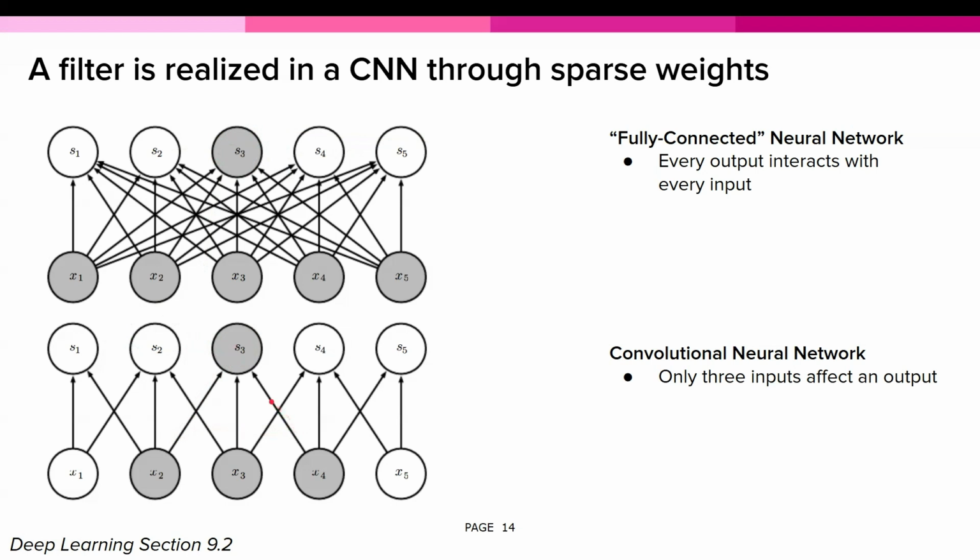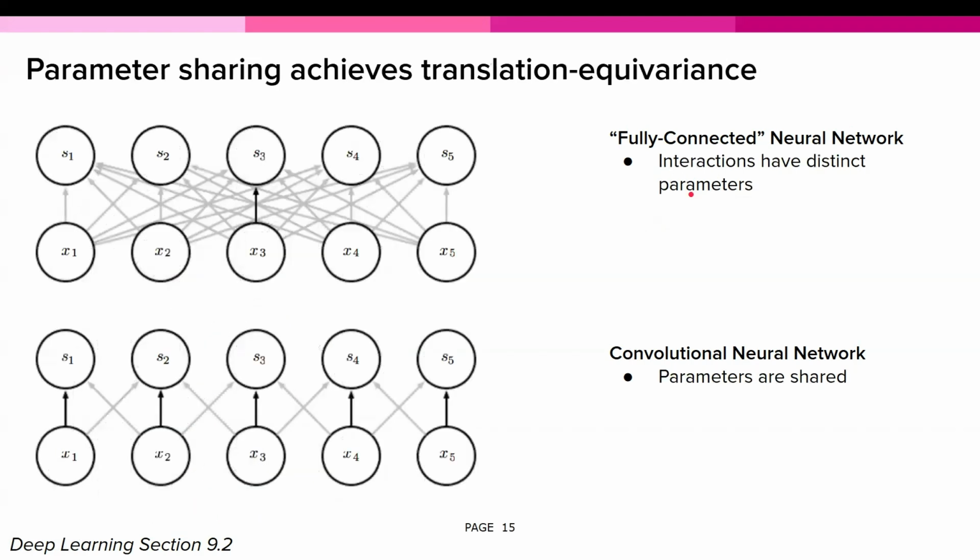So for example, this output unit S3 is only interacting with 3 input units, X2, X3, and X4. This small set of inputs is known as the receptive field of S3, and it represents the limited area of the input that S3 sees or responds to. So the kernel weights in a CNN act like a small filter in a local region. Local connectivity,